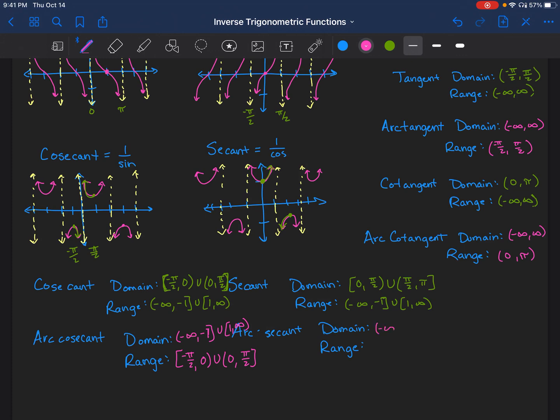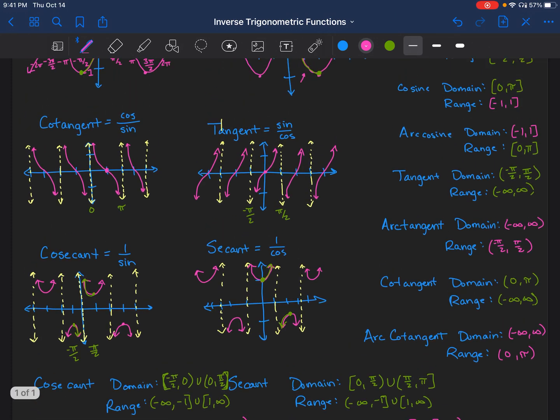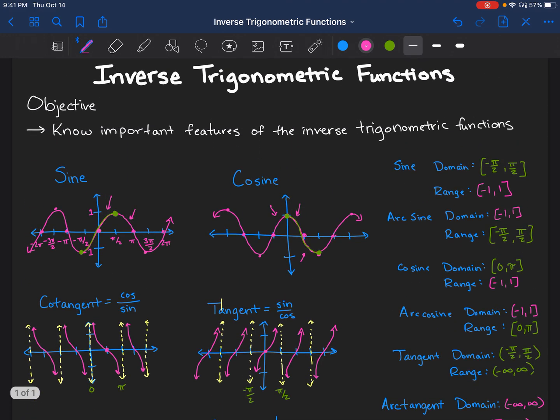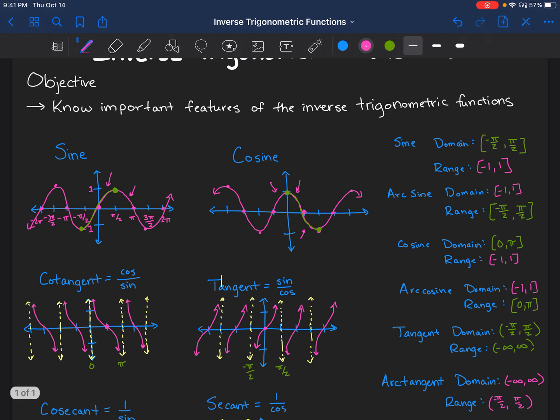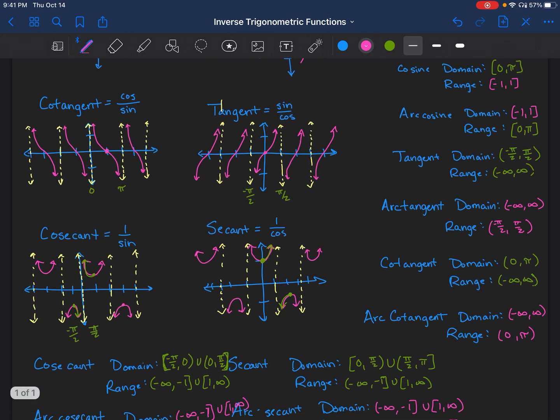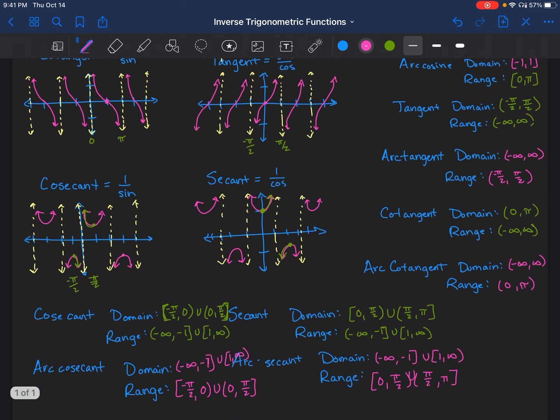And again, same thing over here. Domain is going to be negative infinity to negative 1, and from 1 to infinity. Range is going to be 0 to pi over 2, and pi over 2, I forgot my u, to pi. Hopefully this again helps you kind of better understand all of this important information because as I go through and do this in the next stage, when I talk about calculus with inverse trig functions, we're going to have to be very careful of what numbers we can and can't plug in here. So please make sure you have all of these domains and ranges written down correctly. And I'll see you